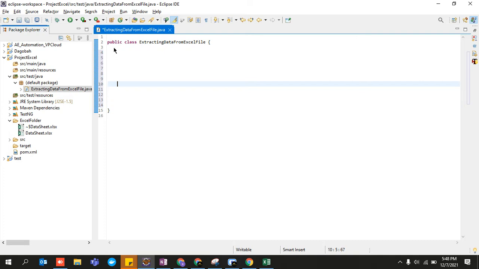Class is created, and now the coding part is going to start. I would request you to please pay close attention. I know this lecture may get lengthy at some point, so just be with me and trust the entire process, and at the end of this lecture you would never ever forget how to read data from excel. You can do the coding on your own.